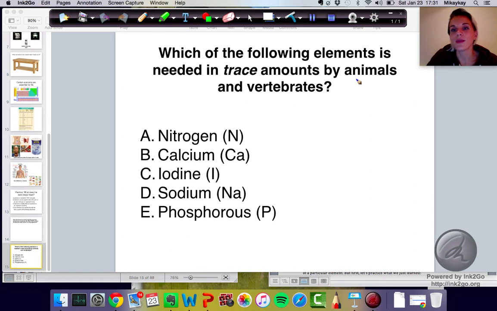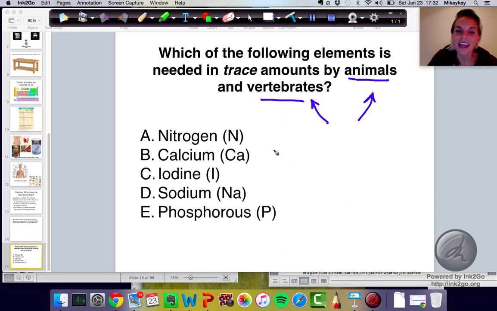So first of all, this is the type of question that you might see on the test. It's trying to trick you into thinking that they are looking for a different answer than the one that you know is right by saying animals and vertebrates, right? They're not saying all living organisms. They're saying specifically animals and vertebrates. And vertebrates are just organisms that have a spinal cord. And so you might be thinking, oh yeah, but what about like the jellyfish? Wait, actually no, that would still count as an animal. What about the bacteria? But ignore that part because they're trying to trick you there.